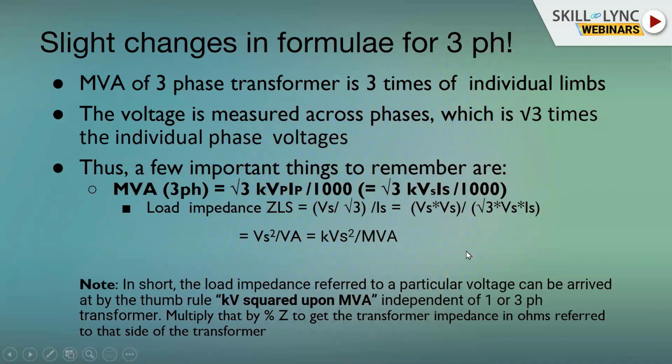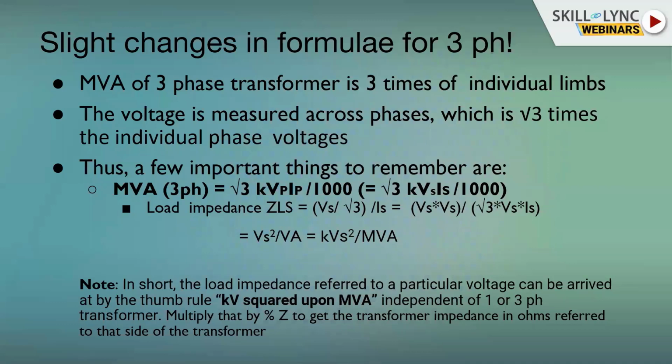Now, you might also wonder, maybe when you started this electrical course, why in a three-phase system we always have √3 as the phase-to-phase voltage. Let us say you have a 400 kV system, a practicing engineer would say it's a 400 kV system. 400 kV is across phases. It is not between phase and neutral. The explanation could be this. I'm not saying this is the only explanation, but this could be one of the explanations I would normally give